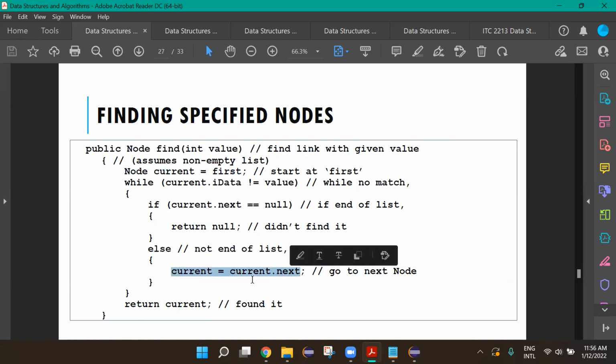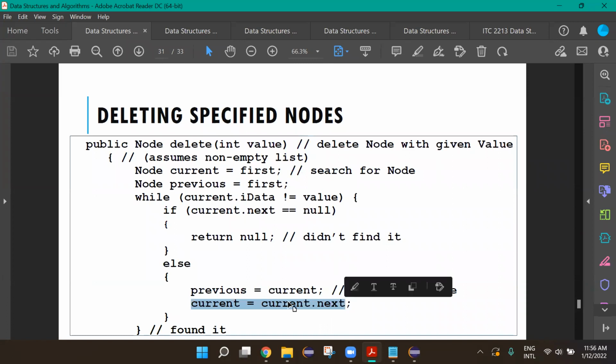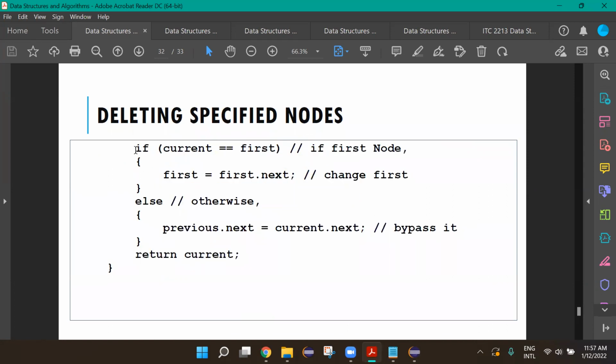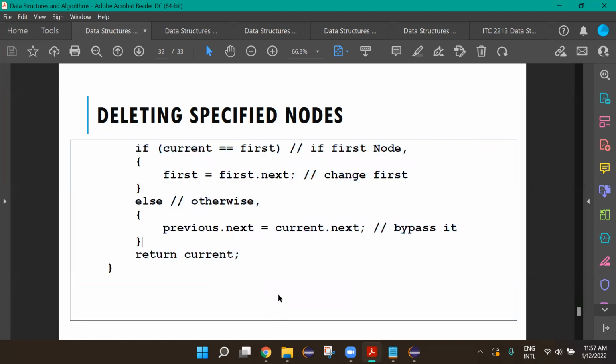There are two lines that are different. Instead of this one, we have previous is assigned with current, current is assigned with current dot next. That's the only difference in between. So this is the finding part, right? Then the deleting part is this. First line: previous dot next is assigned with current dot next. And then